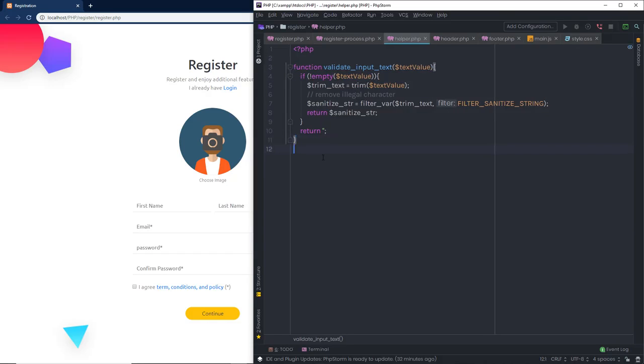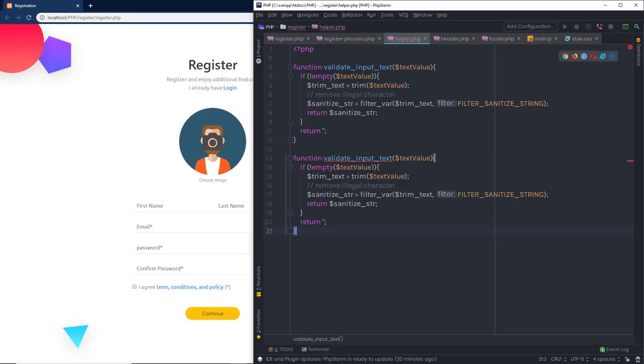Then I'm going to paste this function again, change the name of this function, and I'm going to say here validate input email. The parameter is going to be text value, so I'm going to say here email value, and I'm going to specify this email value parameter here and here like this. And now what we need, I'm going to first trim this value, and then I'm going to sanitize this value,